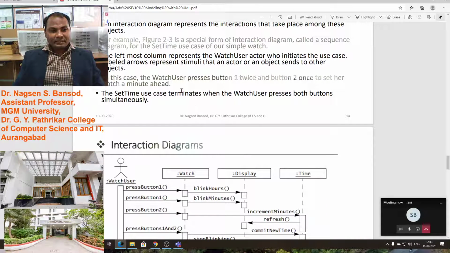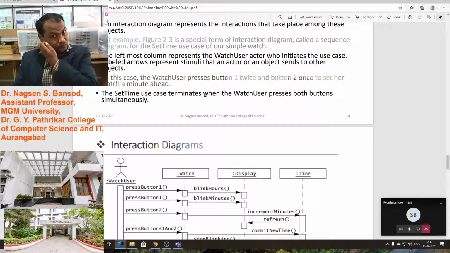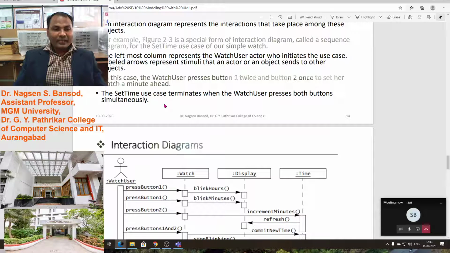In this case, the watch user presses button 1 twice and button 2 once to set the watch a minute ahead. The set time use case terminates when the watch user presses both buttons simultaneously.